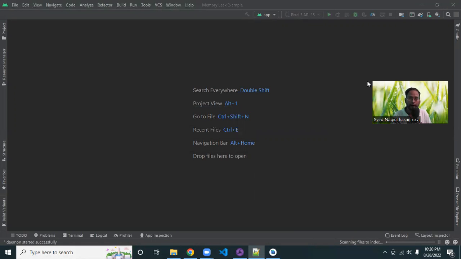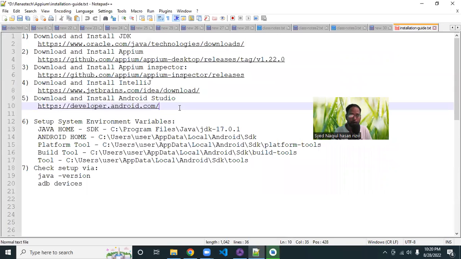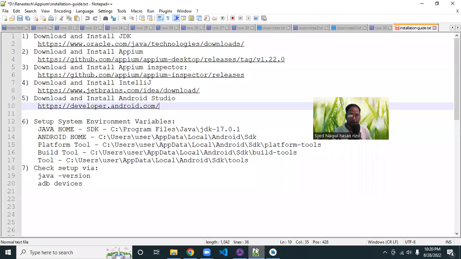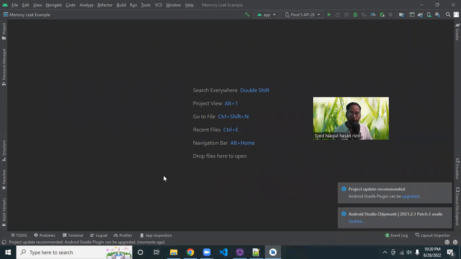So here the installation portion has been completed. Okay. So we are not going to install anything. Now we will do setup. We install all the necessary software and files to test our mobile app. So now we are going to do some steps to set up the things. So the first thing we have to set up is